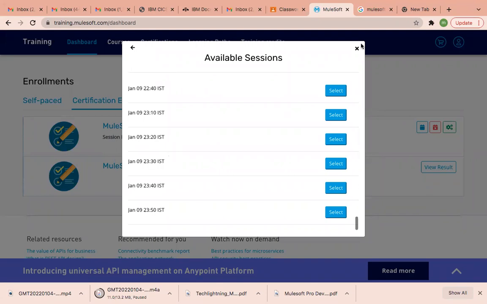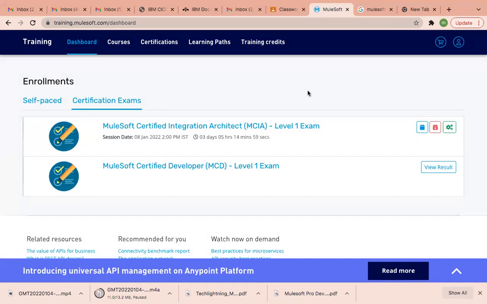Sorry for asking again. Once we complete the test of 60 questions, within how many days do we need to complete this level 1 exam? That is your wish. You will get the voucher immediately, and this voucher will be valid for 1 year, I guess. So anytime you can complete. But if you have the questions and answers, you have to schedule it the very next day. Why? Because if the questions change, you cannot pass next time. Simply you will lose the exam.